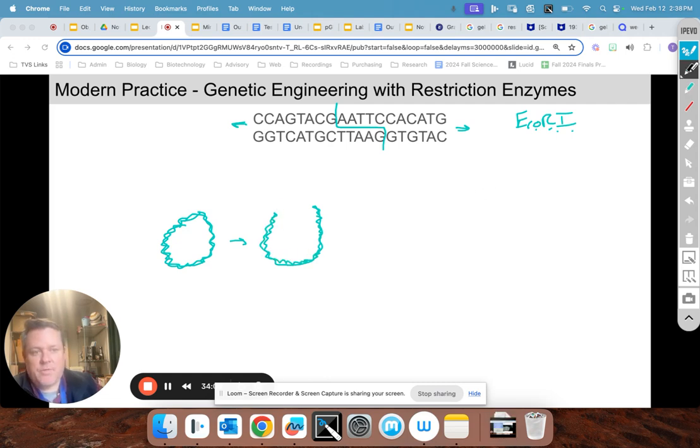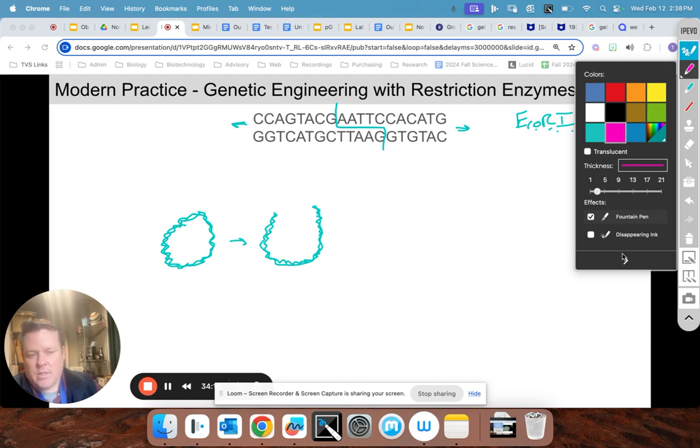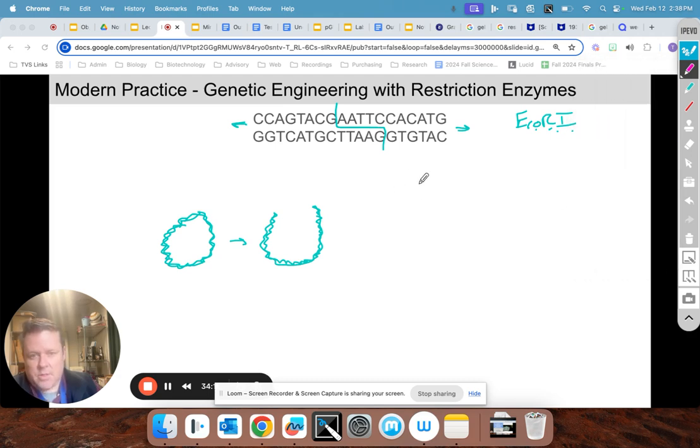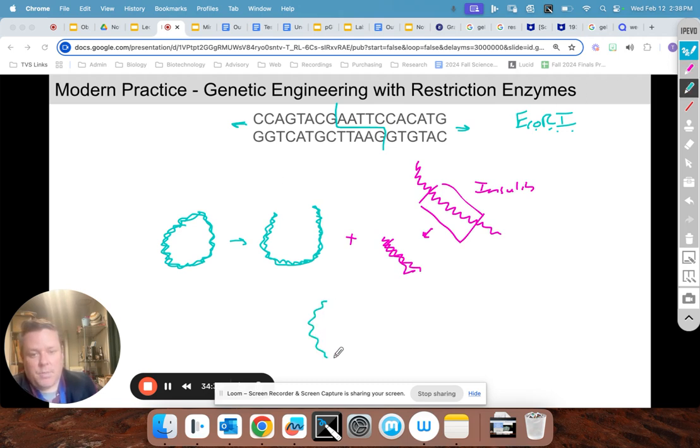And then separately from that, if you take DNA from some other gene of interest, let's say that this is human DNA, and let's say that this right here is the insulin gene. Well, we can cut that out with the same restriction enzyme, like this, and then we can mix the two together. We add in some DNA ligase that seals broken ends, and we end up getting a plasmid